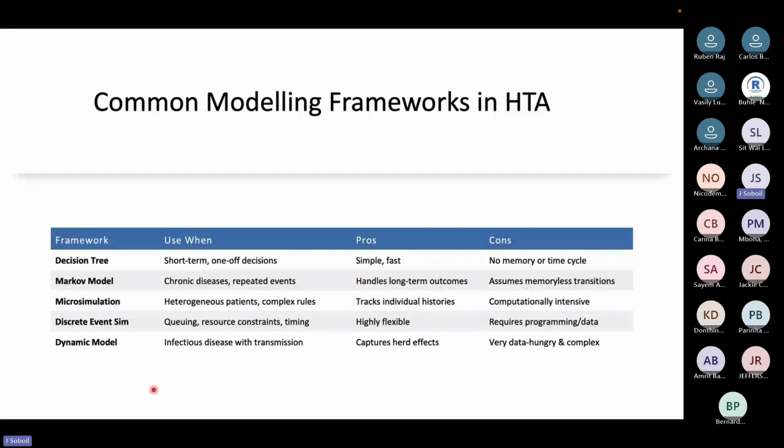So here's a table of the very common frameworks used for health economic modeling, from most simple to most complex. We have the decision tree, which I think most of us are probably familiar with, and Bouclet also made a presentation on decision trees last week. The strengths of a decision tree are that they're really simple, fast, and easy to communicate to decision makers. So if HTA is a really new process in your country, and you need to communicate this to the medical board or something like that,